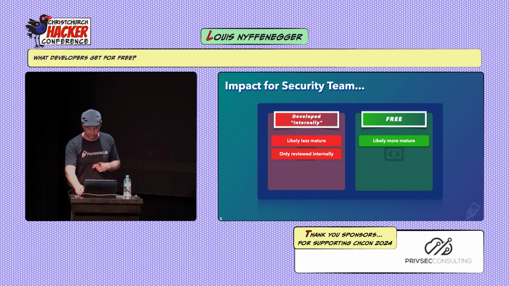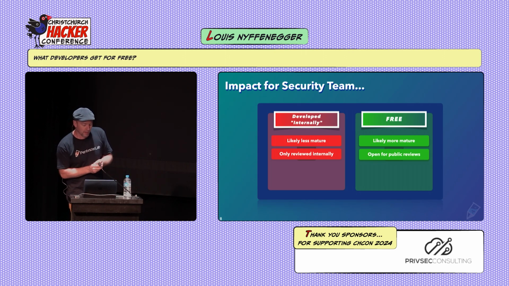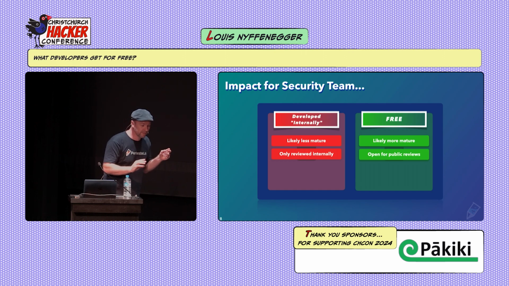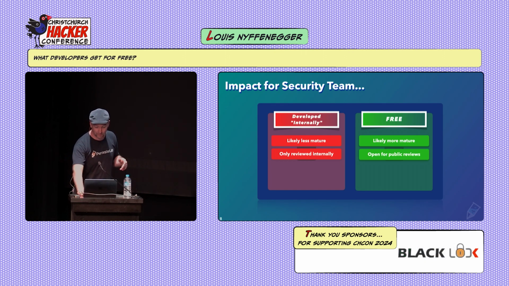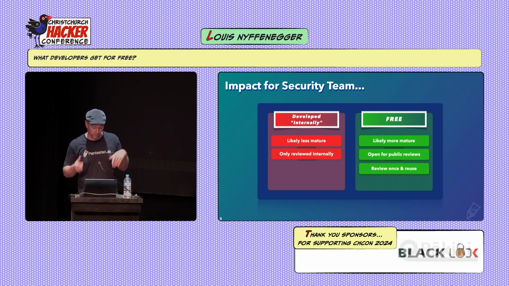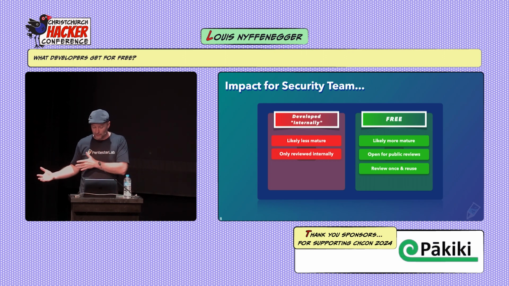their own code. It's also open for public reviews. So potentially, everyone on the internet can review that source code. The reality is not there, trust me. Pretty much no one reads source code. But potentially that can happen. And finally, if you're from an enterprise, all this code you can review once and reuse in your enterprise, because you review it once and think, okay, it looks all right, and then let's reuse